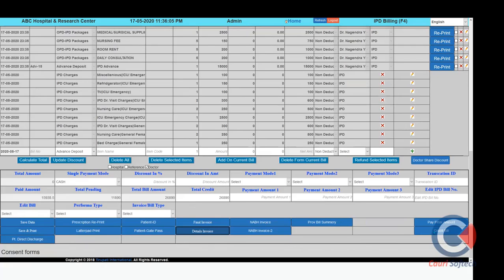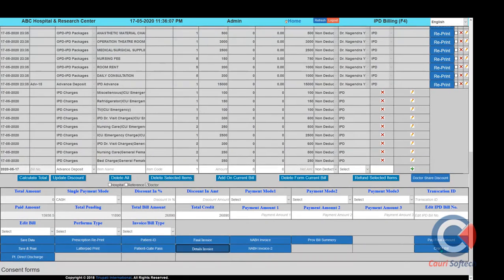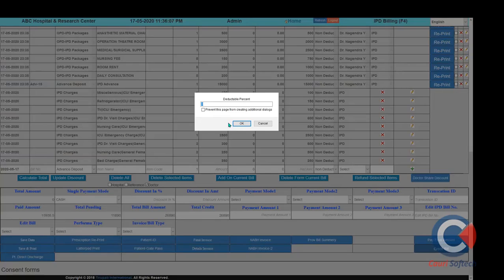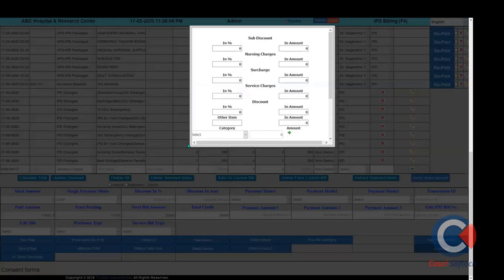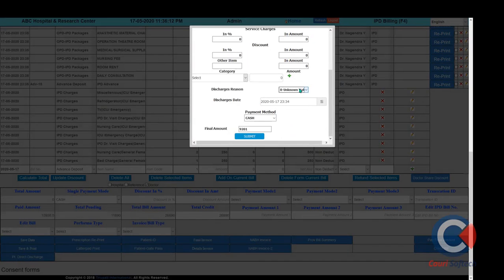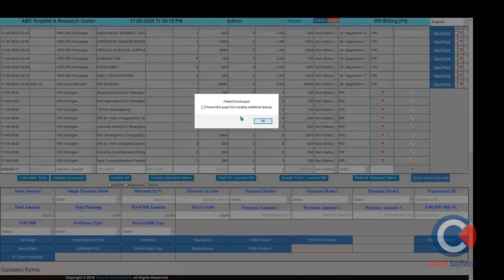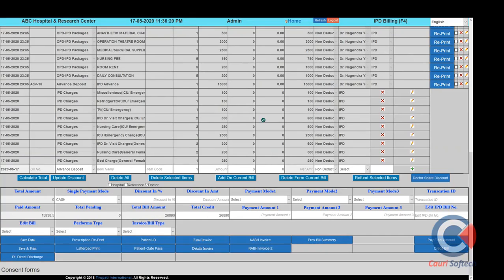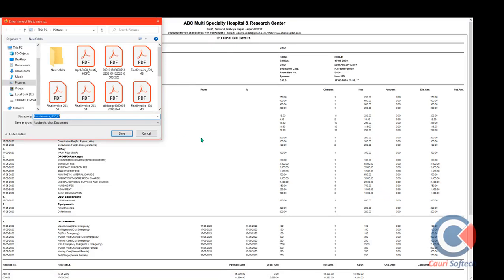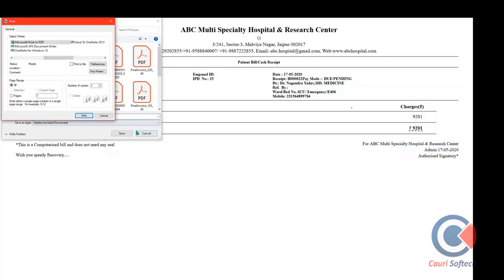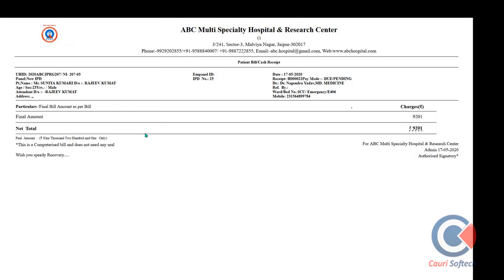After the patient wants to pay the complete bill, we can create a credit bill. On the credit bill, we have an option where the outstanding amount will be shown in the system, and there we finally apply the discount and service charges to the patient. And we can set the mode of discharge reason. You can select the mode of payment, and this way we can give the discharge final bill and cash receipt for the same patient which we have generated recently. So this one is the receipt for the detail bill for the patient and the cash receipt along with the bill.